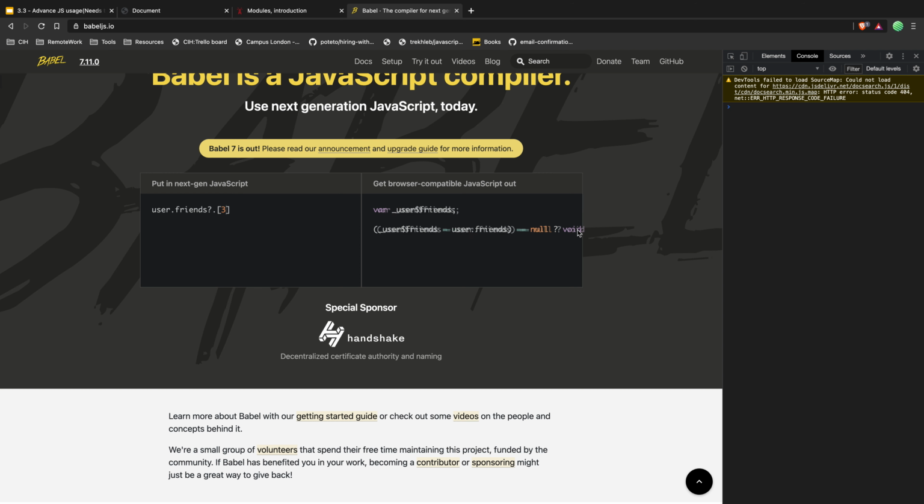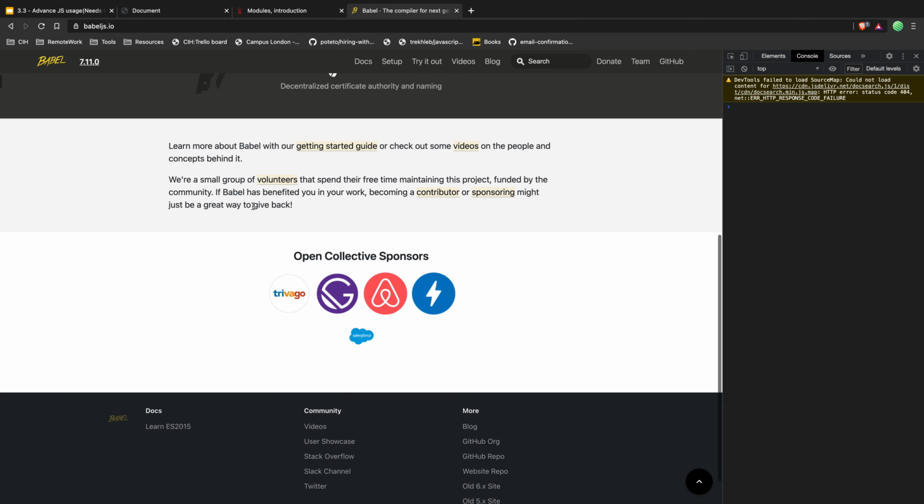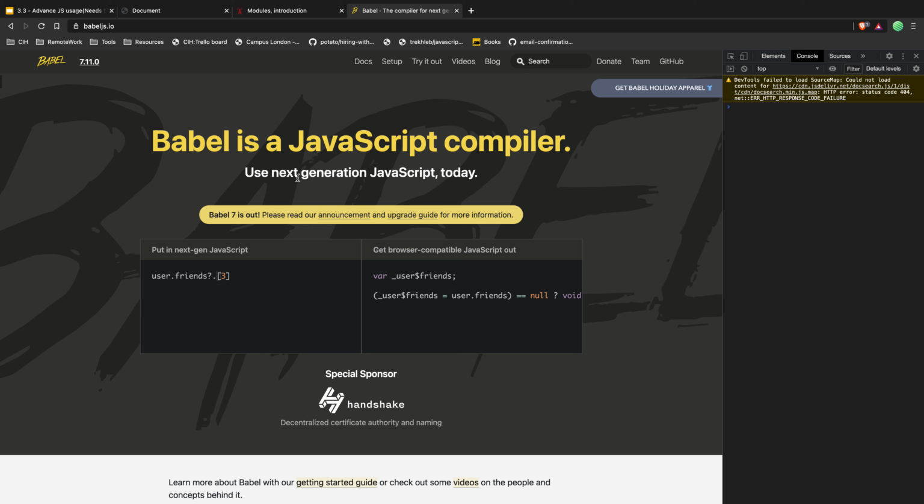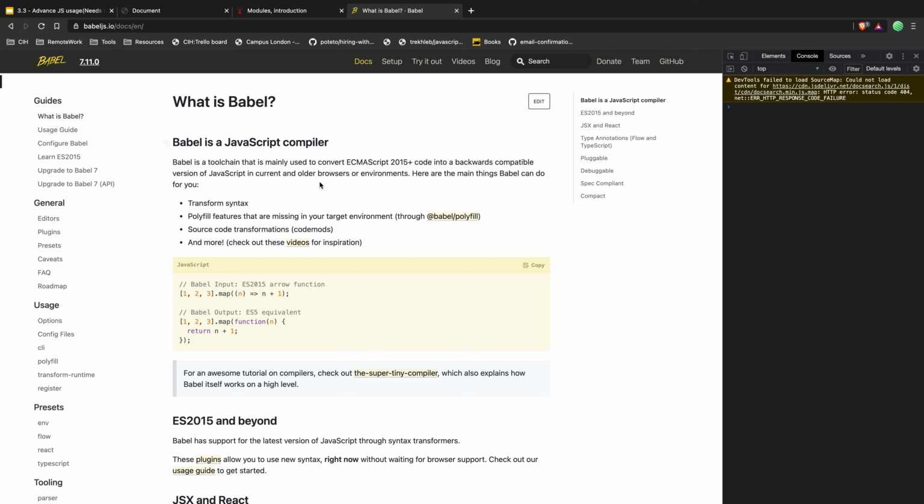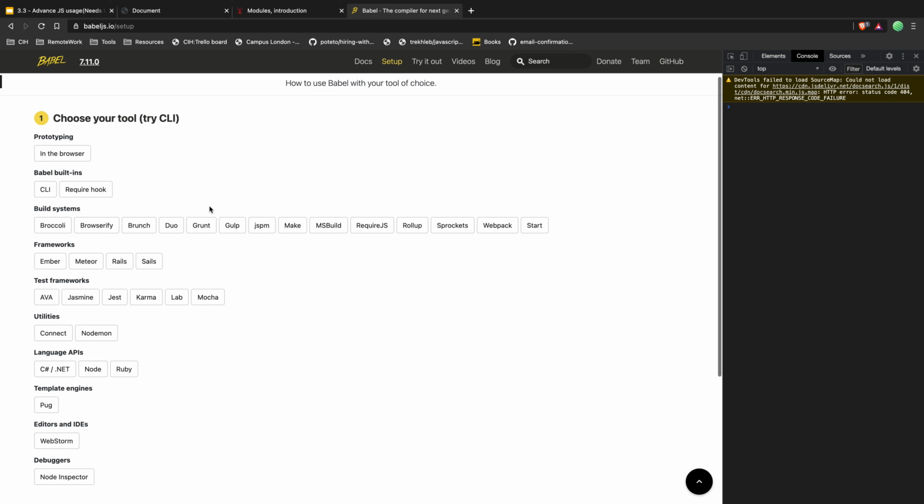Yeah, so basically it will stop the execution. It will void the rest, right? And many things like that. Babel is probably the industry standard to convert your new code to the old one. It's very easy to set up, and yeah, so they have a lot of